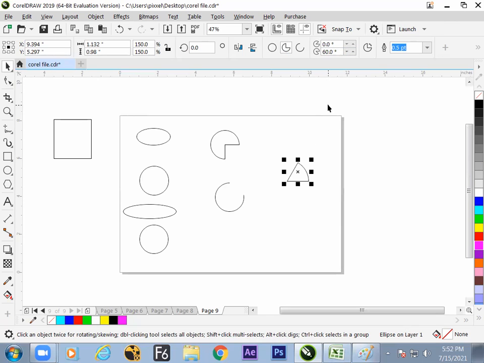Check once more. The above option is the first radius. The below option is the second radius. So this is 0 degrees, this is 270 degrees, this is 90 degrees. So make a circle, divide it into 3 equal parts. How to do this? Make a circle, divide it into 3 equal parts and fill 3 colors.